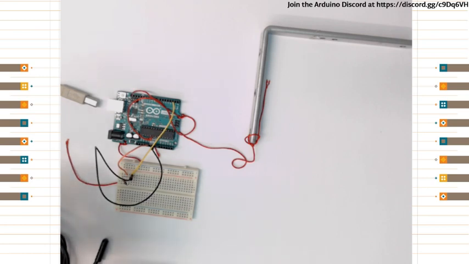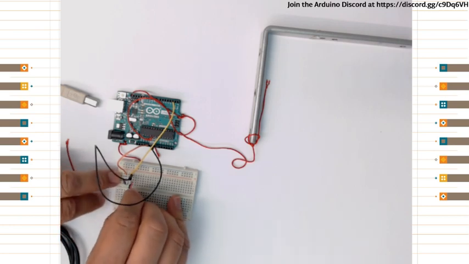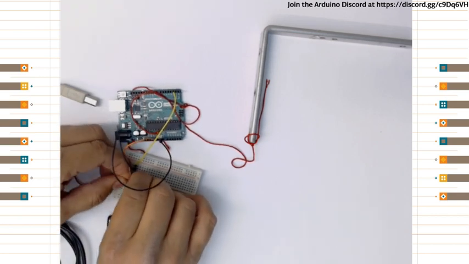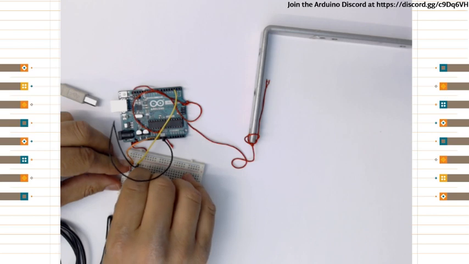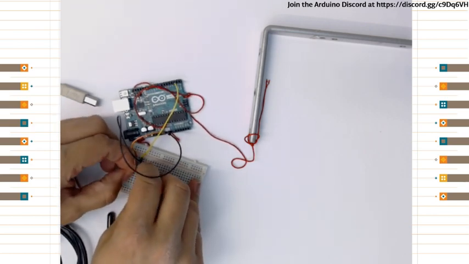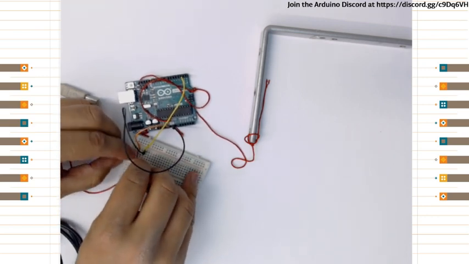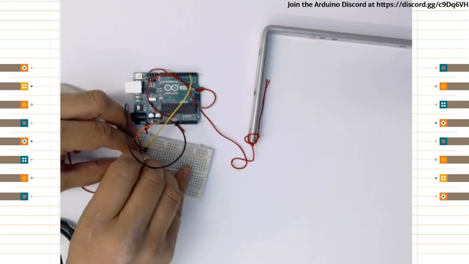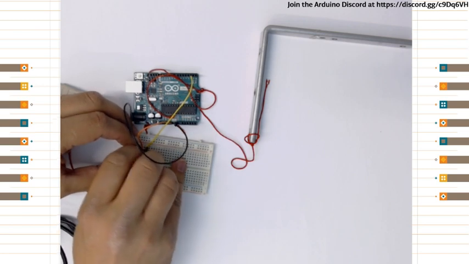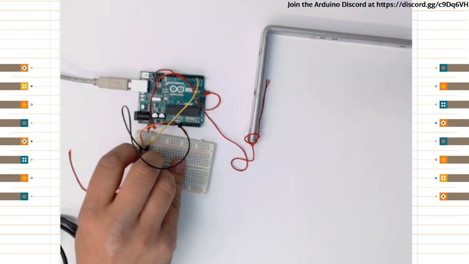So I will just plug things in. On the one side is ground, on the other side. The tips of the cable, sorry, are not that peeled. So then there is signal here, and then there is power in the last one. There you go. So I'll just plug it in, and if everything works fine, I'm going to keep my hand here